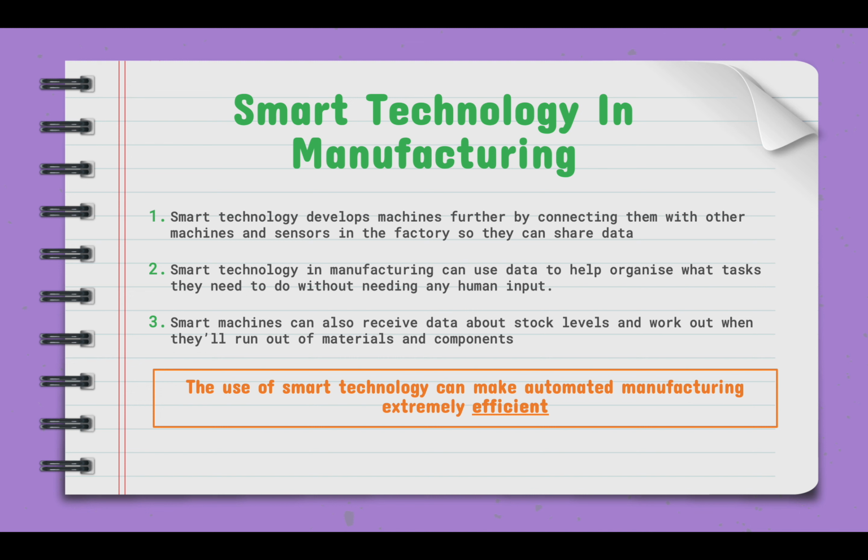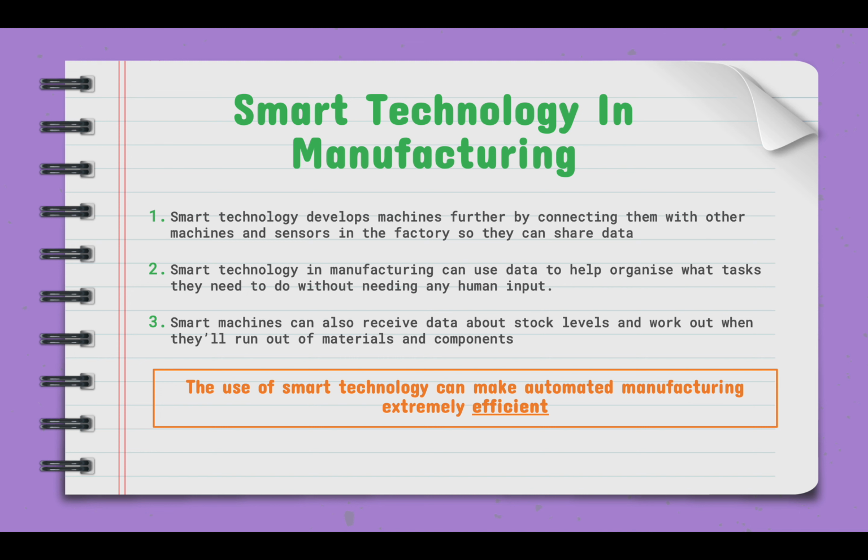Another advance in technology in manufacturing is smart technology. There are many examples of computerized machines that have been designed to carry out advanced tasks accurately. For example, CAD and CAM processes. Smart technology develops these machines further by connecting them with other machines and sensors in the factory so they can share data. These smart machines can use this data to help organize which tasks they need to do, without any